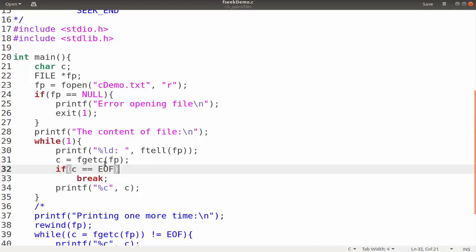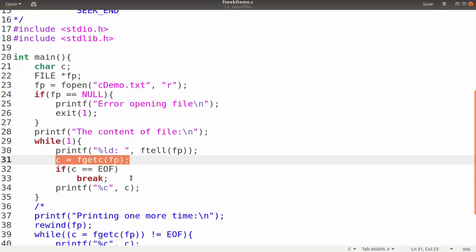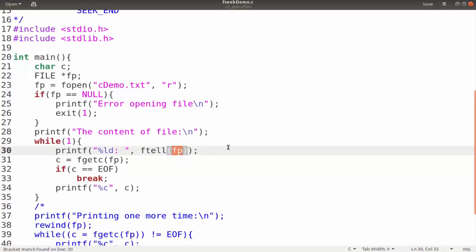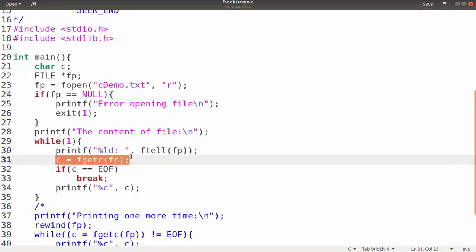Now what this program does is that the first position will be 0. After printing 0, the first character will be printed. Then FP will be automatically incremented when this statement is executed. So next, this ftell of FP will become 1. Always remember that here this ftell of FP is incrementing by 1 since we have characters inside this